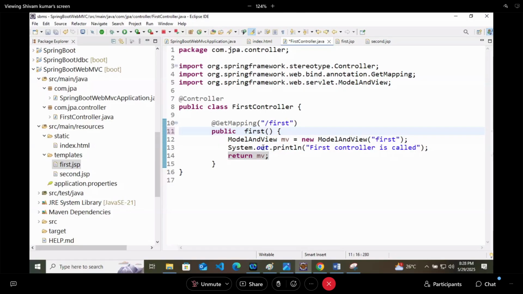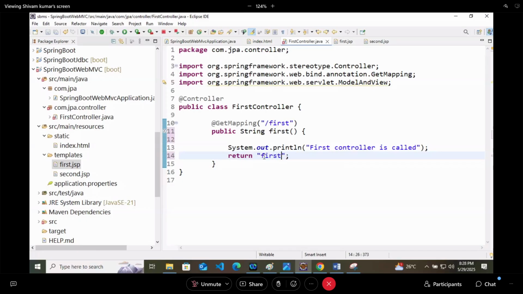It will simply return the file name, that is first. First is the file name, right? So I will keep it simple as first, like this only.